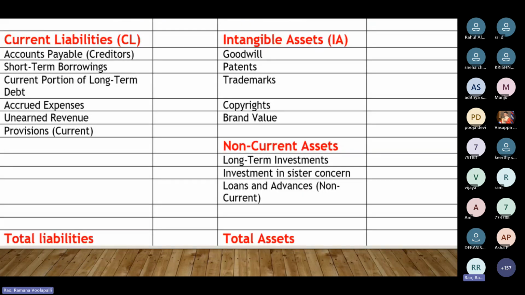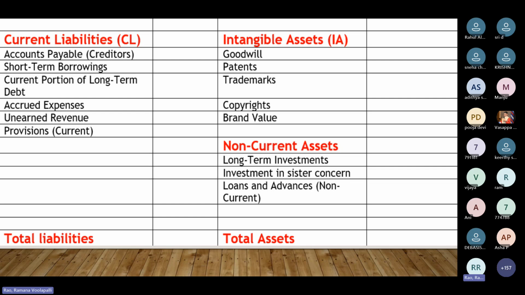Then there is one thing, intangible assets. What are intangible assets? The assets which cannot be touched or seen, as per accounting definition. So intangible assets are goodwill, which cannot be seen or touched, patents, trademark, copyrights, brand value. These are intangible assets. So you should remember these, in the exam, he will give the question, identify the fixed